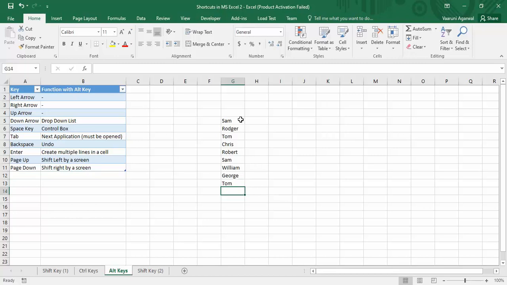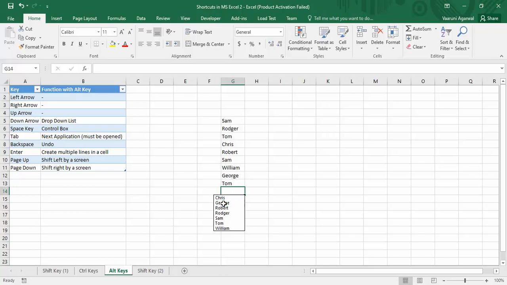So this is a small list, but imagine if you have 1,000 names and all these names are recurring and you got to add all these names in the sheet. So you got to manually type these names and then insert the records. But luckily Microsoft Excel has got a solution for this problem. So what you got to do is simply press Alt and down arrow key from your keyboard when you have made some of the entries, and then what you get is a drop down list out of which you can select anything you want,